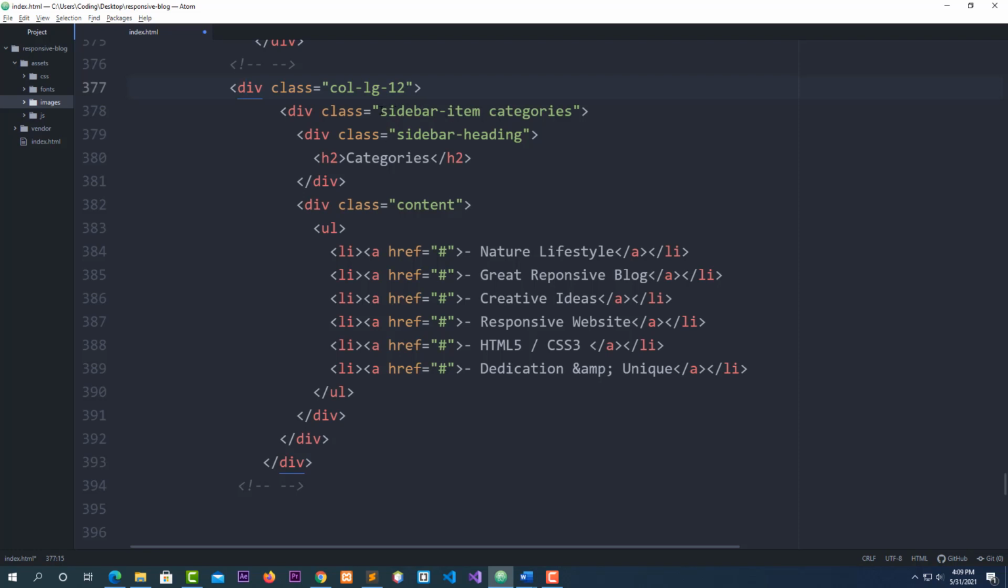This is a sidebar. Remember the first one, sidebar item categories. I'm not going to say categories. Now I'm going to say sidebar item tags right here, and sidebar heading, I'm going to keep it like this. For the H2, I'm not going to say categories. I'm going to say tag clouds and languages. Okay, right here I'm going to keep this class content with everything here, but I have to remove this